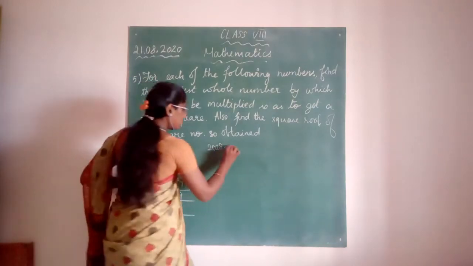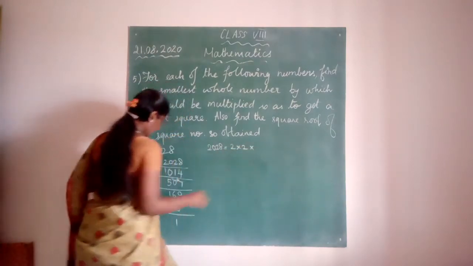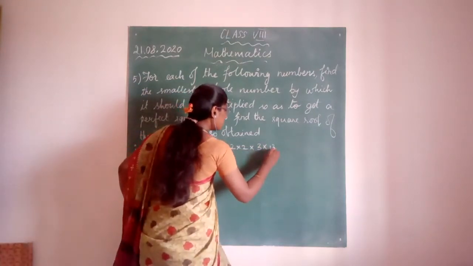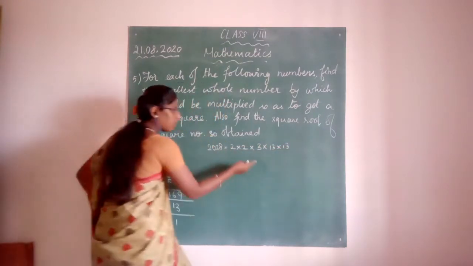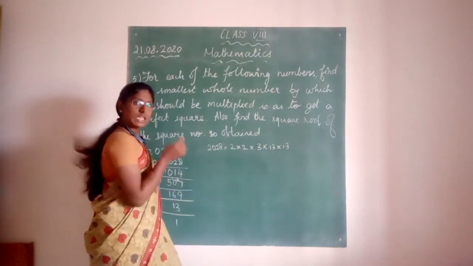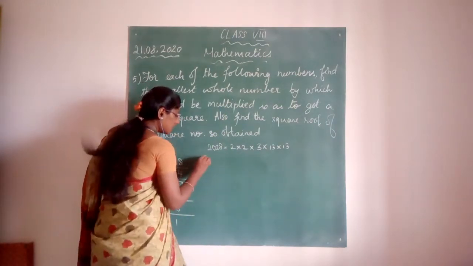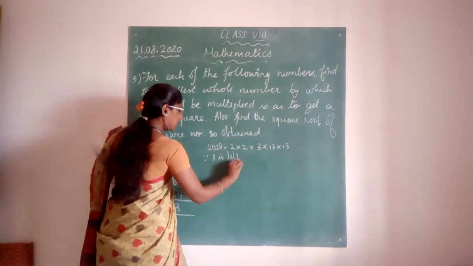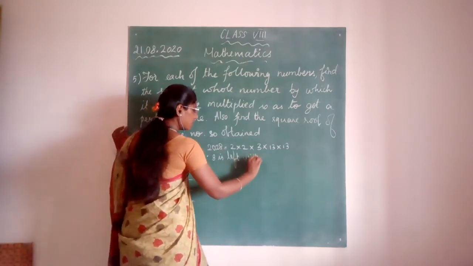Then you can write 2 into 2 into 3 into 13 into 13. Now which number is left out without a pair? 3. Since 3 is left without a pair,